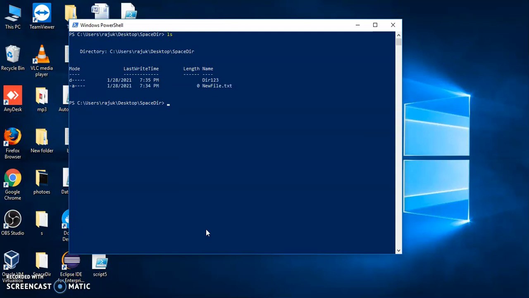To clear the screen, we have one more command, clear. Clear is another command to clear this screen. As we want, we can use either command. We have both of them. Thank you.